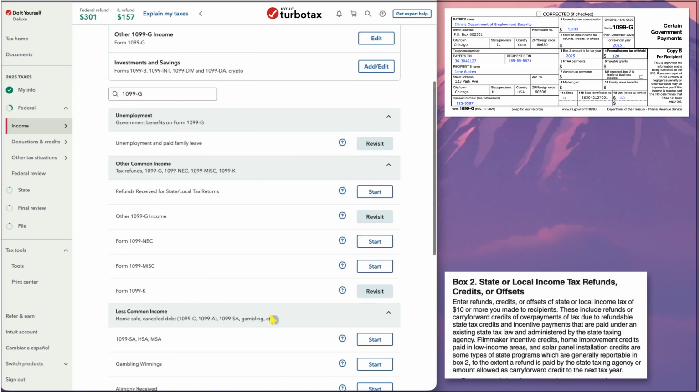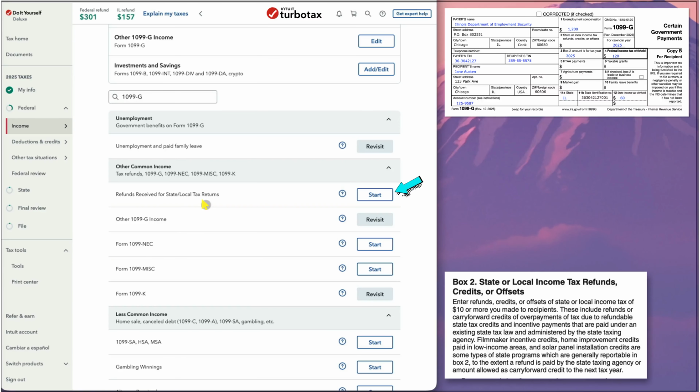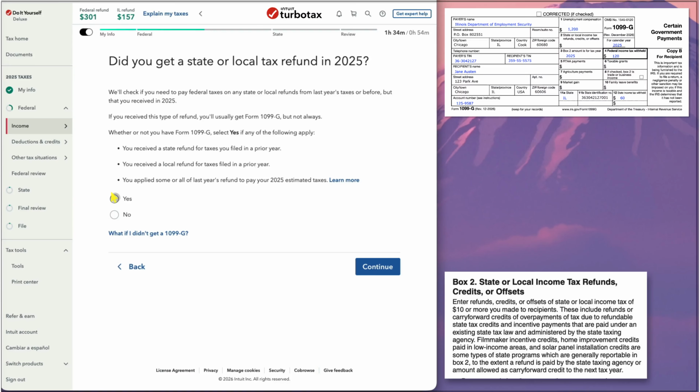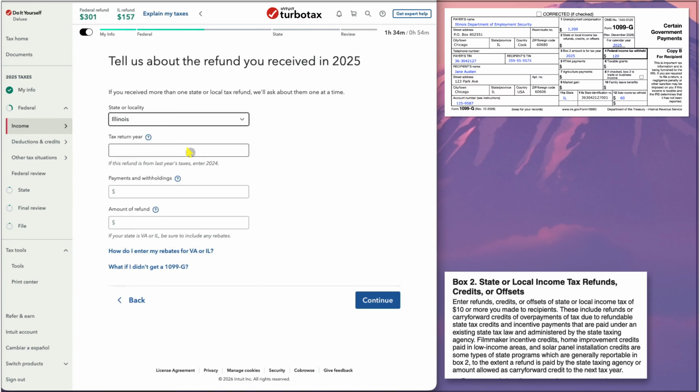To report a state refund, search for 1099-G and select the option for tax refunds. In TurboTax, this is listed under Other Common Income. You will notice there are two options: refunds received and other 1099-G income. Select refunds received. Then indicate whether you received the refund or not, specify the state, and select which tax year